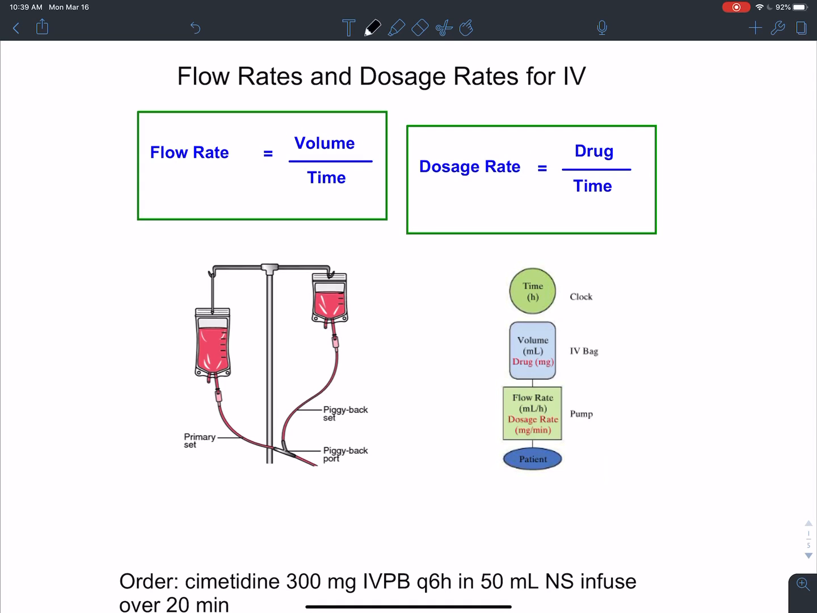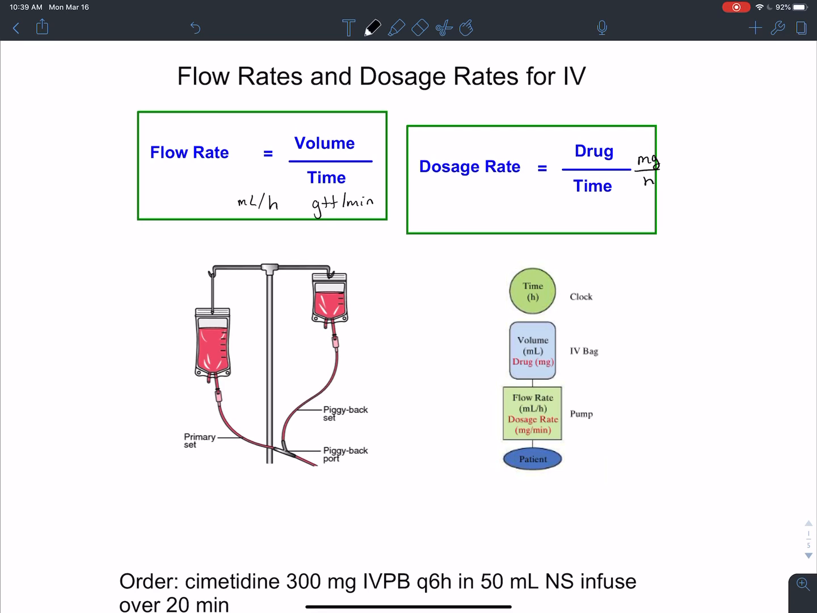Now we're going to talk about flow rates and dosage rates for IV. Flow rates are measured in volume over time, such as milliliters per hour or drops per minute. Dosage rates are measured in drug over time, so we could have something like milligrams per hour or milligrams per